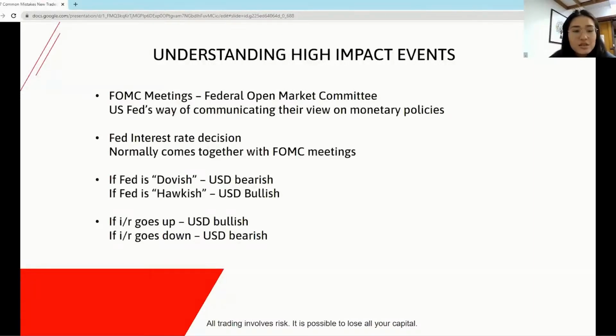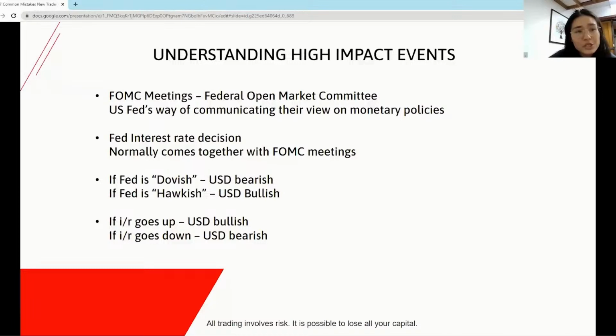So I'm just going to briefly introduce some high impact events and what exactly they mean, because these are pretty common when you're looking at major events from all of those FX websites. So FOMC meeting is also known as the Federal Open Market Committee and is the US Fed's way of communicating their view on monetary policies. Fed interest rate decision normally comes together with FOMC meetings, and if the Fed is dovish, that